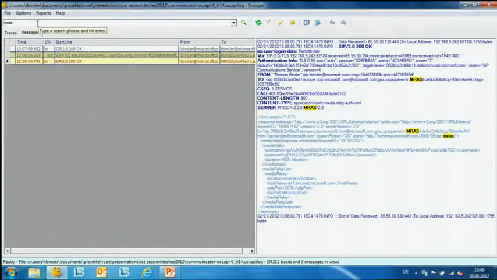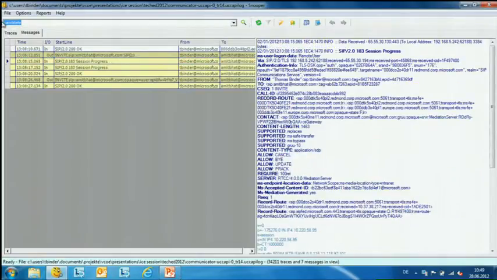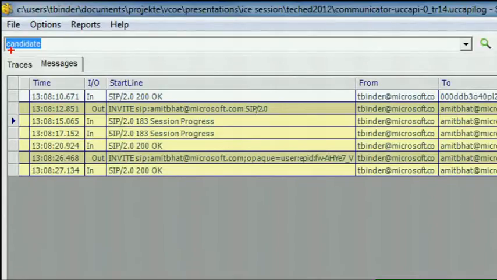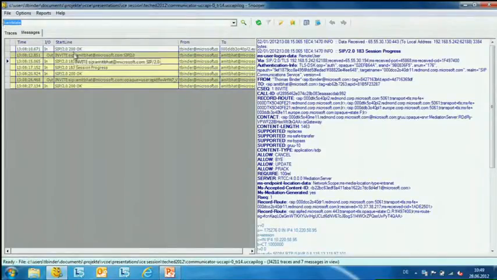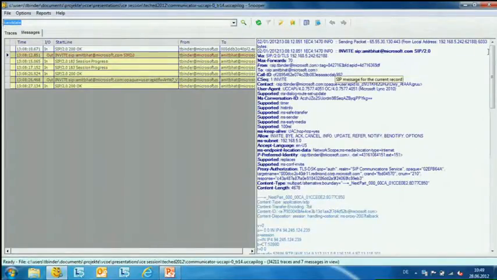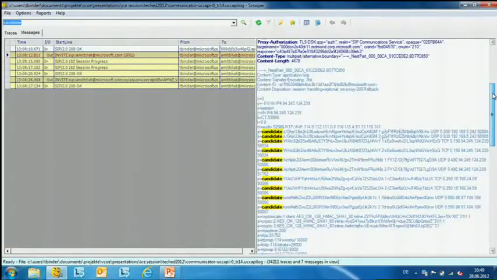I'm now searching for candidate, because this will help me to find the candidates in my log. And the first message I'm interested in is this outgoing invite, where I'm trying to call my colleague Amit. So I click on this outgoing invite. And here on the right side,